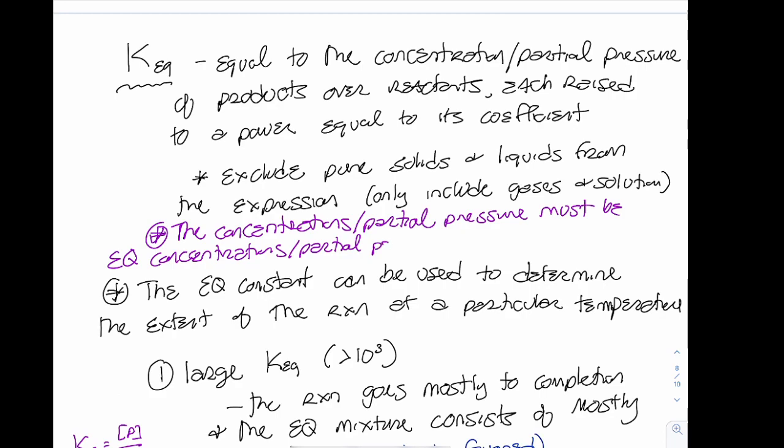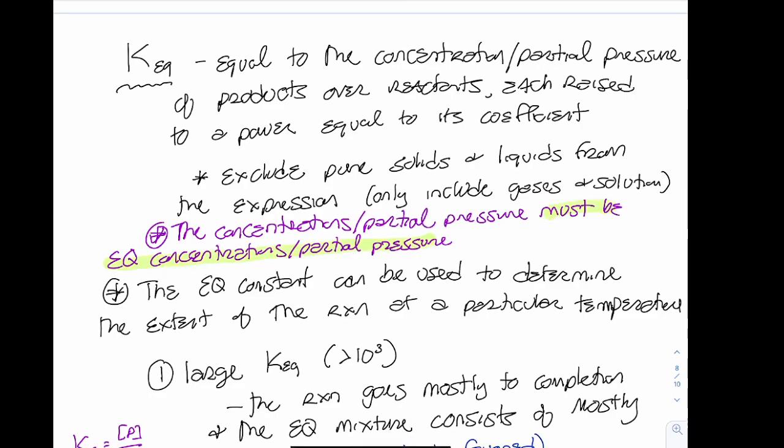Remember, we can establish equilibrium starting with just reactants, starting with just products, or starting with both reactants and products, and then as the reaction proceeds, eventually it achieves equilibrium. We need to use those equilibrium values to plug into our expression when solving for our constant. So they must be equilibrium